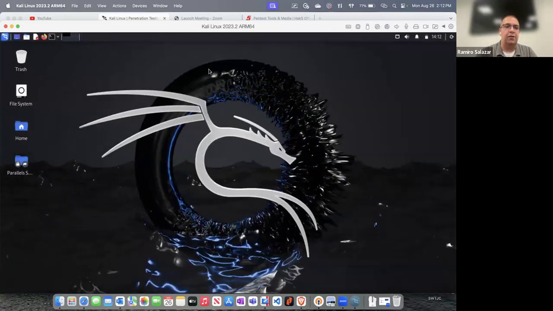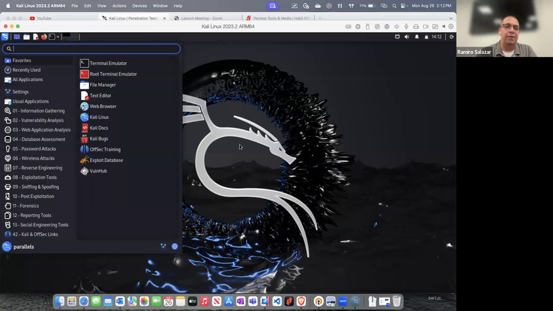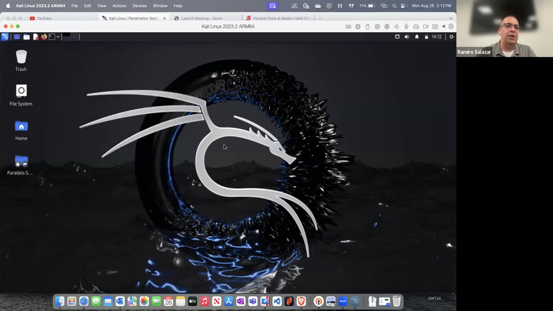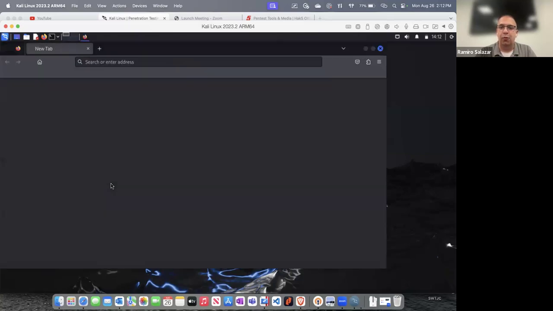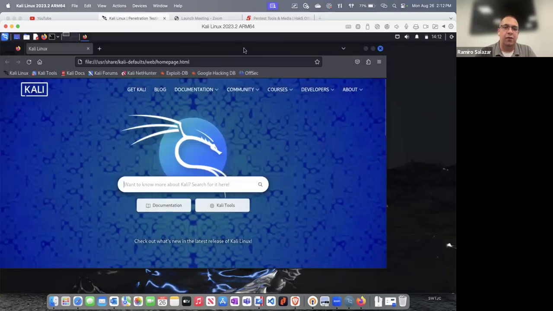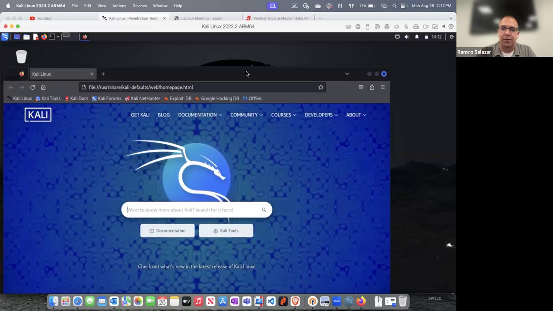So this is Kali Linux. And it's not your traditional Windows operating system here. There are all these different types of alternative apps on this operating system. Instead of Microsoft Office, you won't find Microsoft Office on this operating system, but you may find alternative Office applications like LibreOffice or OpenOffice. Instead of a web browser like Internet Explorer or Edge, you'll find alternative browsers like Firefox or Brave, right? So these are apps that you would find on a Linux operating system.